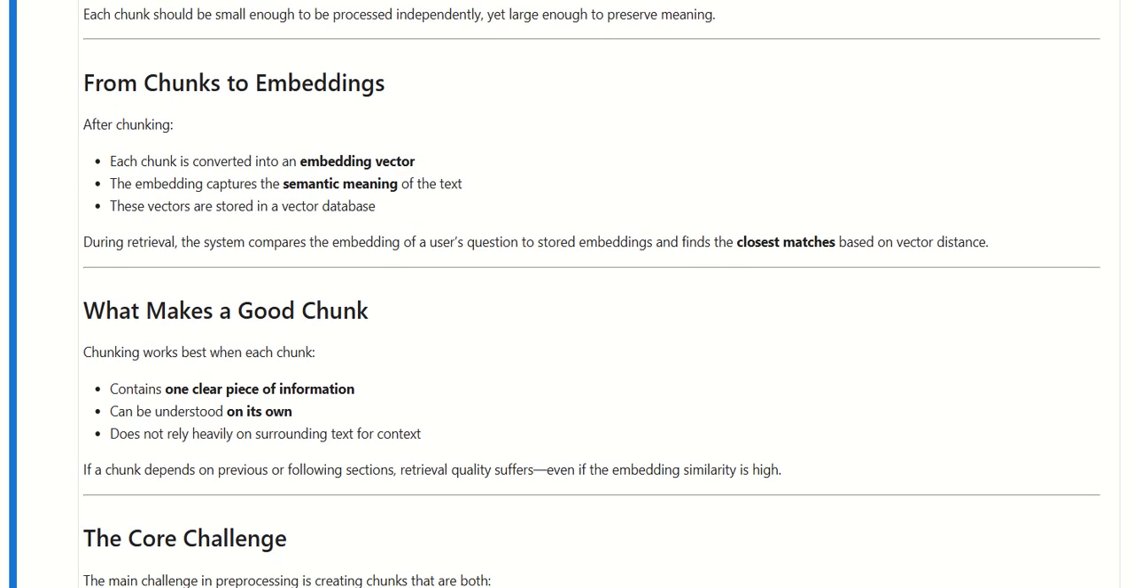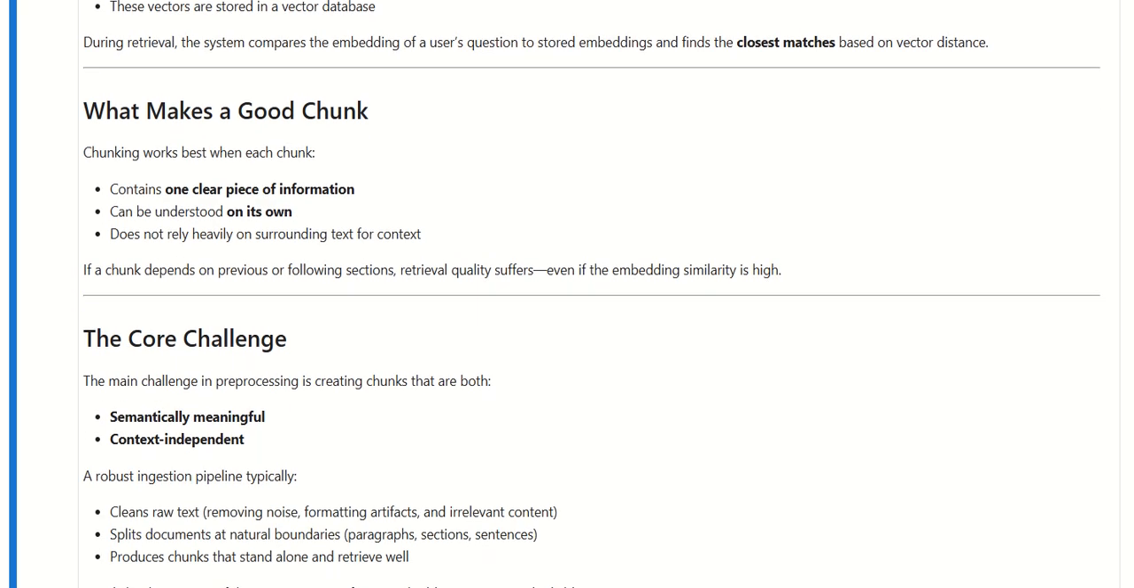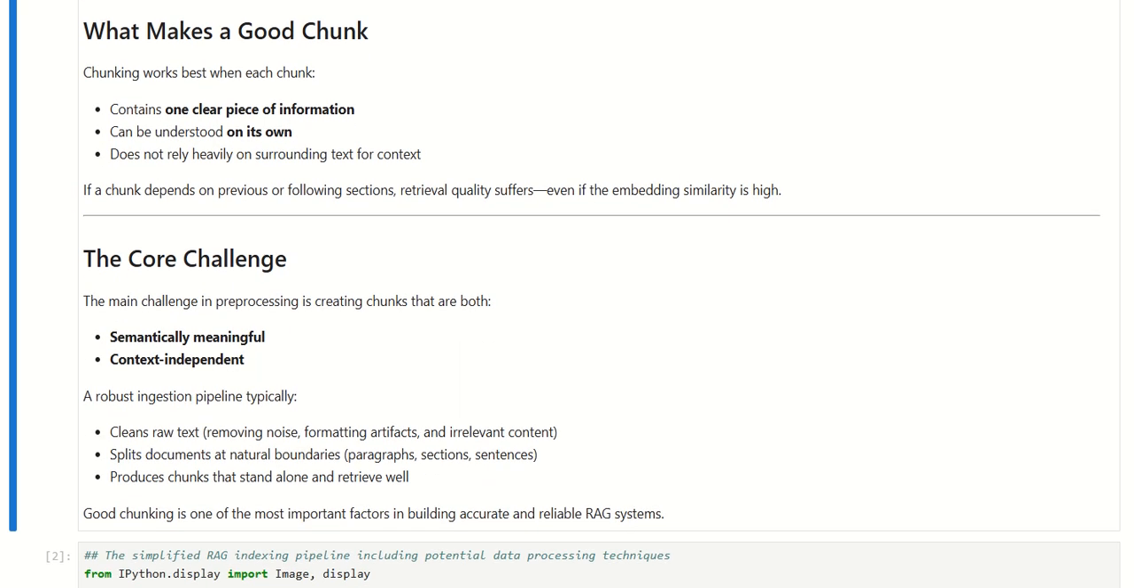What makes a good chunk? Chunking works best when each chunk contains one clear piece of information and can be understood on its own. It doesn't rely heavily on surrounding text for context. If a chunk depends on previous or following sections, retrieval quality suffers, even if the embedding similarity is high. So the main challenge in pre-processing is creating chunks that have both semantic meaning and